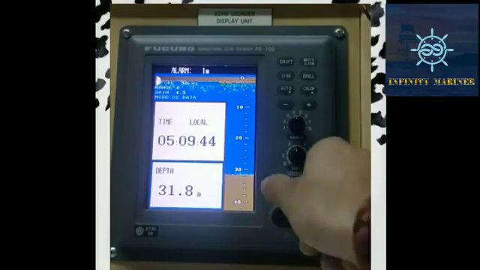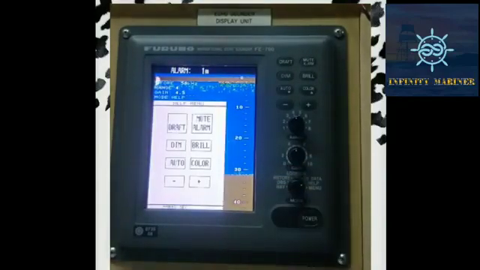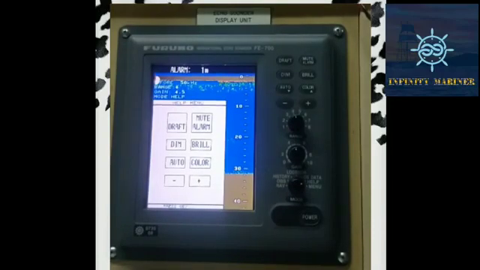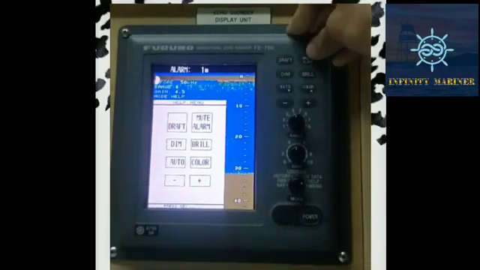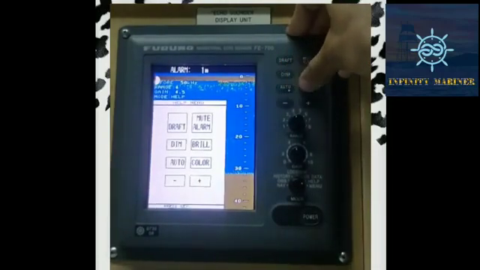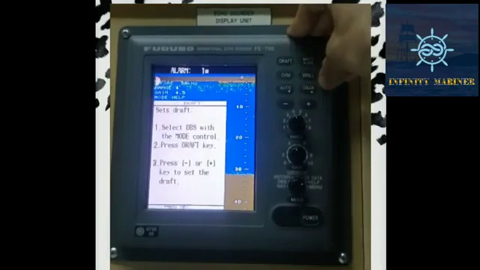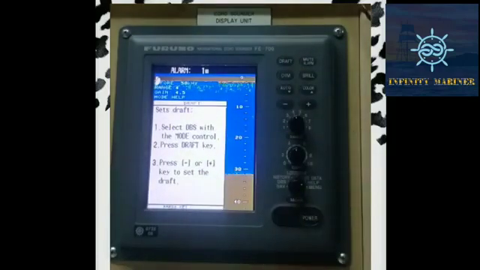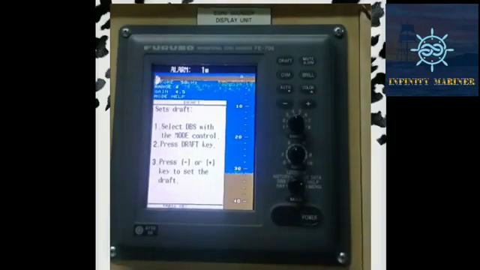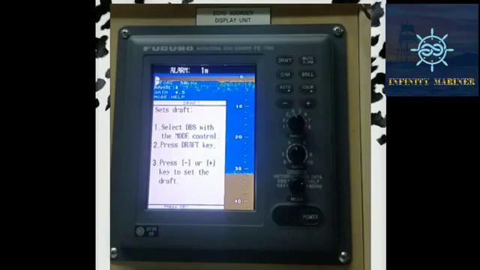After that there is a help option, and this will be very helpful for you if you don't know some of the functions like draft, mute alarm, brilliance, dimmer, auto color. You can just click the key, like the draft button, and it will show what settings you can do by pressing the draft. By selecting the DBS with the mode control, press the draft key, and press the plus and minus keys to set the draft.